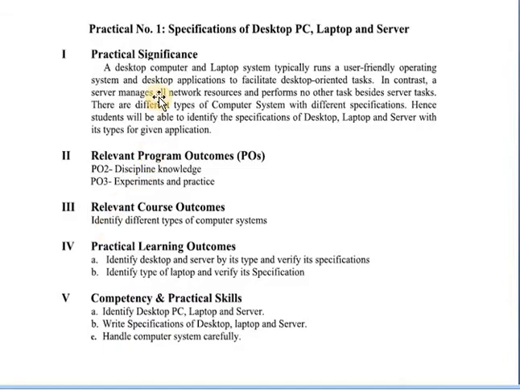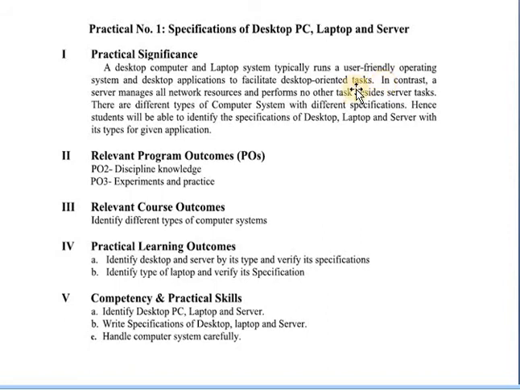First experiment, or practical number one, that is specifications of desktop PC, laptop and server. The specifications of desktop PC, laptop and servers have already been discussed in our theory video lecture. Okay, first of all we'll see the practical significance of this experiment. A desktop or laptop computer system typically runs a user-friendly operating system and desktop applications to facilitate desktop-oriented tasks.